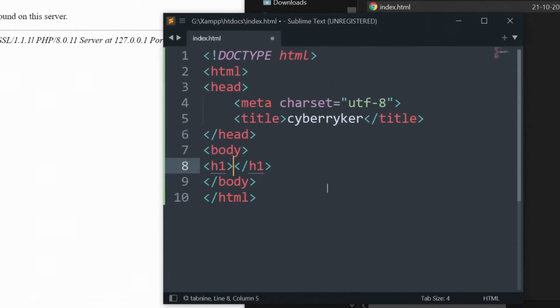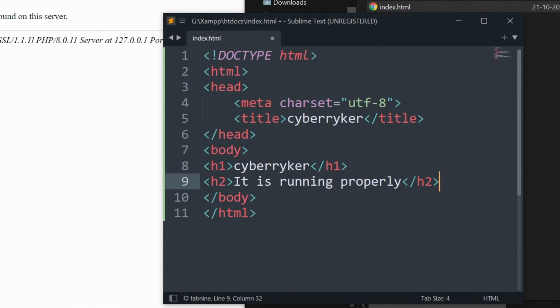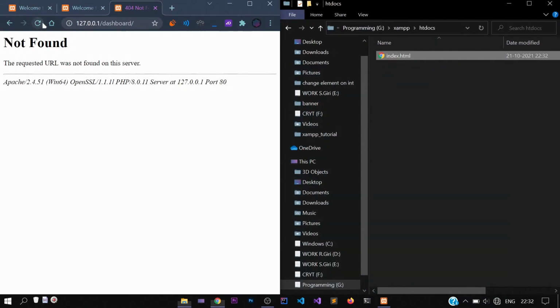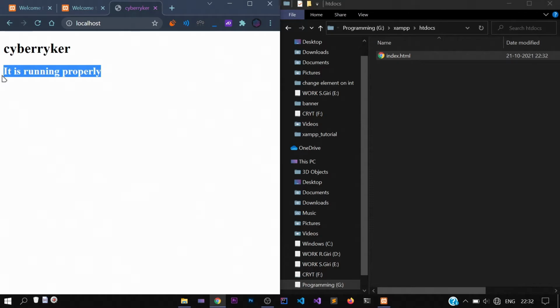Let's write CyberIcar between an h1 tag, and let's write "it is running properly" in an h2 tag. Let's save it. And when we reload our localhost, as you can see, it is showing the HTML file I just made and saved in the htdocs folder.